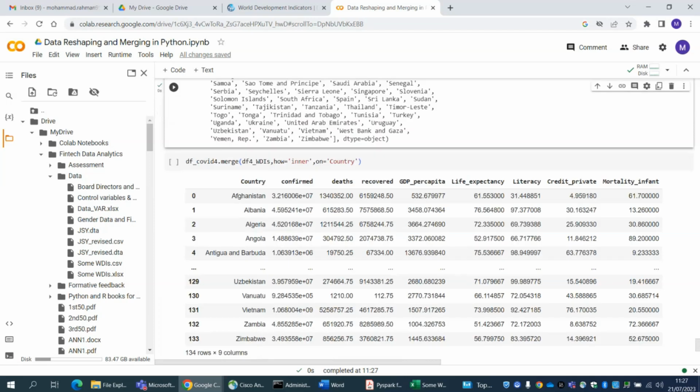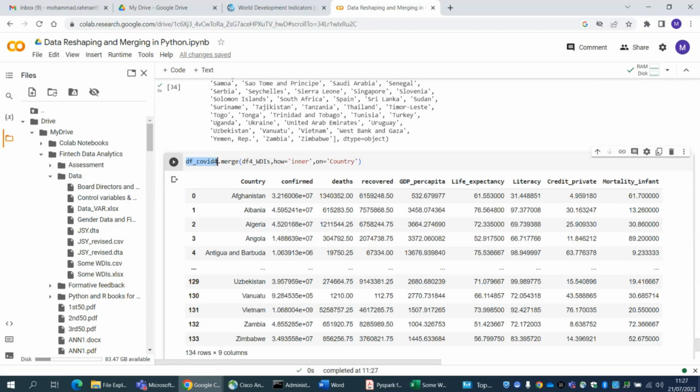Now, if you merge the two data files with the same command line, the data frame for COVID cases is the same, but the data frame name for WDI has changed. Now it is df4 underscore WDI; before it was something else, whatever. So now it is df4 after renaming the country, but the command is the same: inner, and the ID is country. Then if you run that,